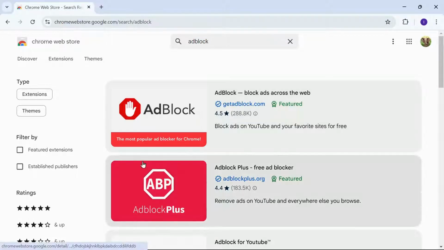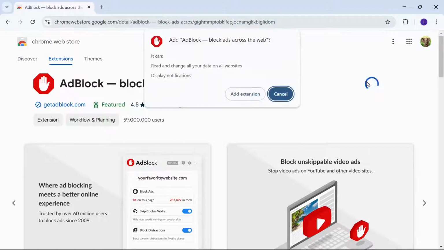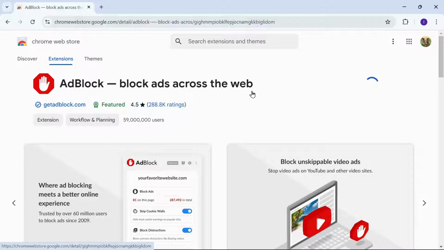On the extension page, click on the blue Add to Chrome button. A pop-up will appear asking you to confirm. Click Add extension to confirm. Chrome will automatically download and install the extension. Once installed, you'll see the ad blocker icon in the top right corner of your browser next to the address